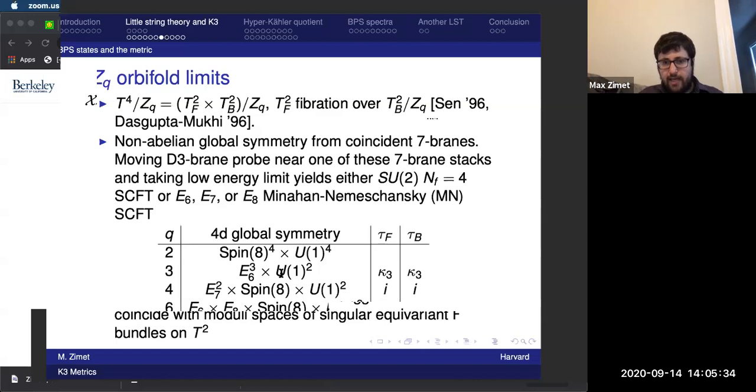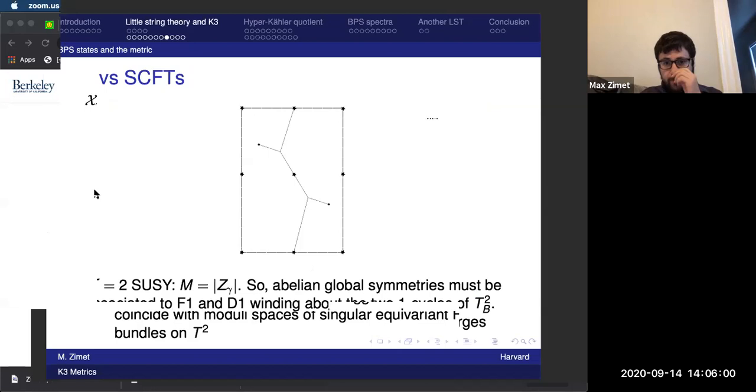Okay, and then these last abelian groups are just because we know that the gauge symmetry of F theory on K3 has rank 20, and so the part of the rank not included by this non-abelian gauge symmetry has to just be made up by some abelian gauge symmetry. And there's a very nice geometric picture for what that abelian symmetry is doing.